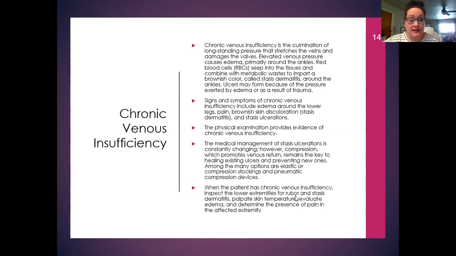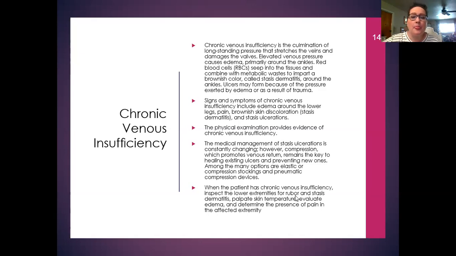talked about, the stasis dermatitis. You should know that definition, what it all looks like, right? And stasis ulcerations. The physical examination provides evidence of chronic venous insufficiency, just like we talked about what it would look like. So you have to look at this and say, what would my patient look like that came in with chronic venous insufficiency? When I assess them, what are they going to look like? You should be able to look at this and it's telling you how their legs are going to look and